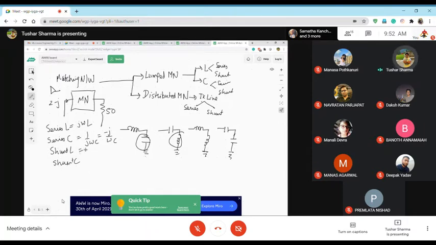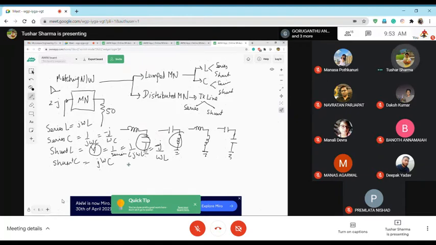Now, when you have a shunt L, you are basically taking 1 over this impedance, because it's in parallel. So instead of Z, you use Y. So your Y will be 1 over whatever your series L impedance is. Similarly it will be the case for the shunt C. So if it is 1 over j omega L, this becomes minus j over omega L. For shunt C, again it's 1 over this, so this actually becomes j omega C.